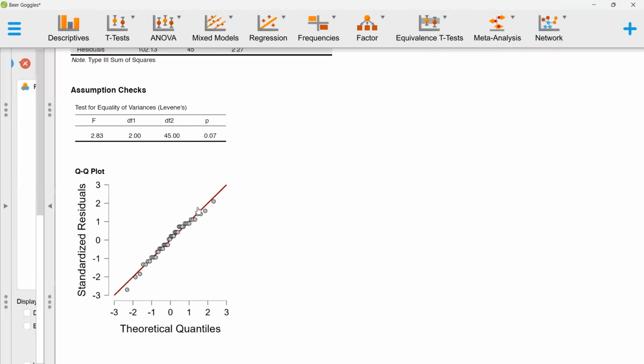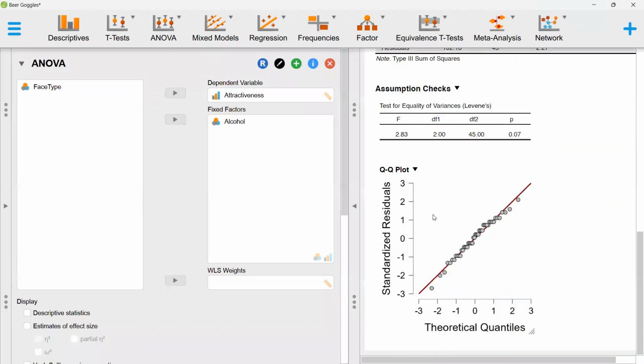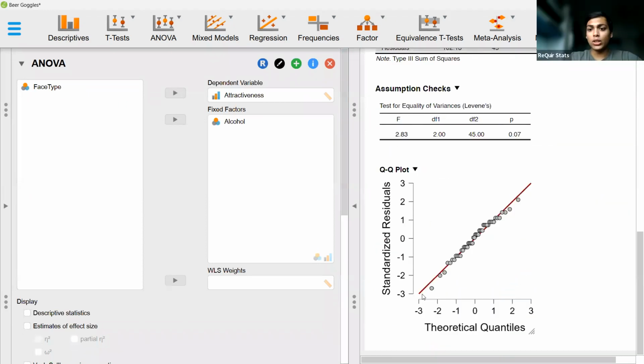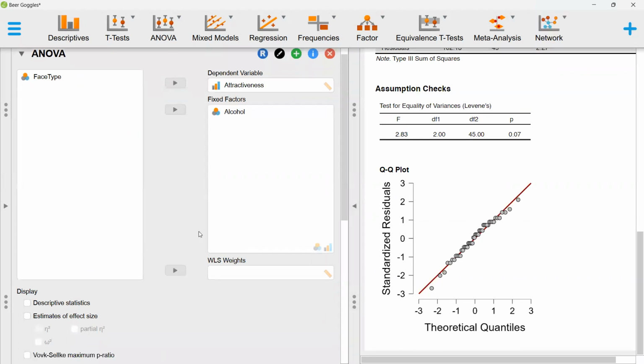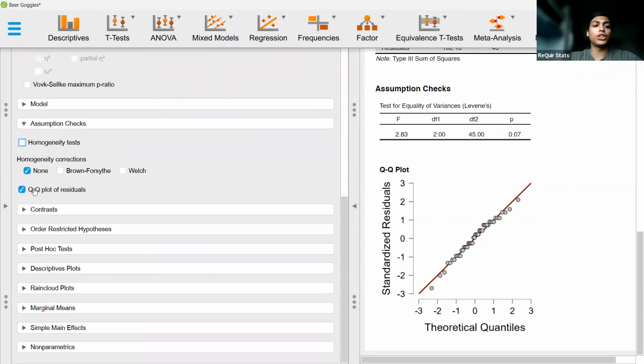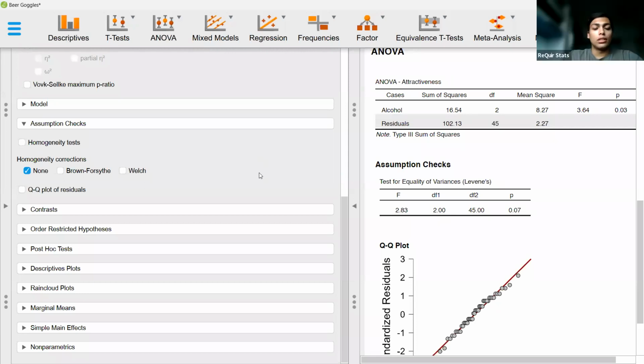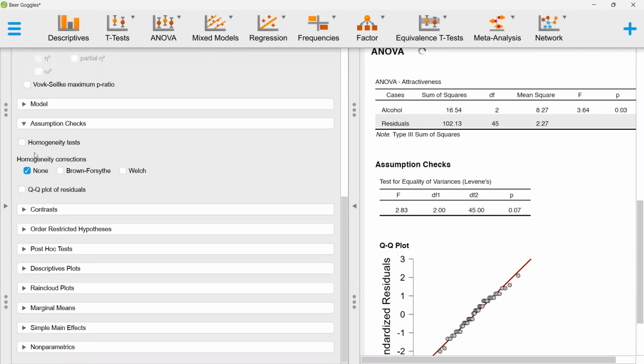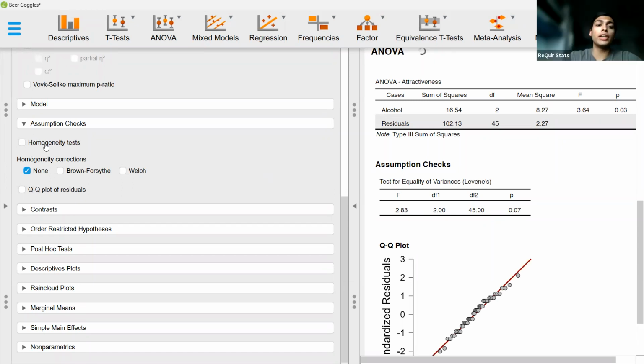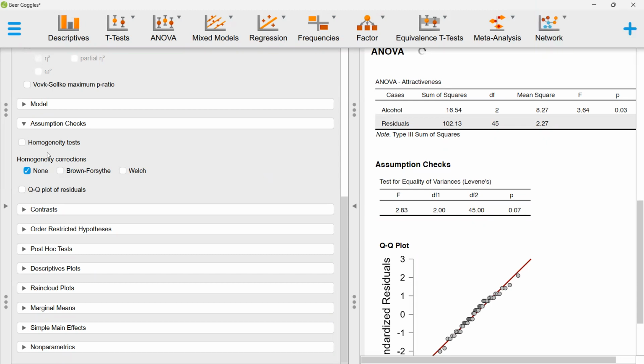Okay, great. So residuals are normally distributed, equality of variance is met. Let me just uncheck both of these so that we get a clean analysis output here. Okay, so what will we do if our assumption of homogeneity was not met? So here, just below this assumption test,